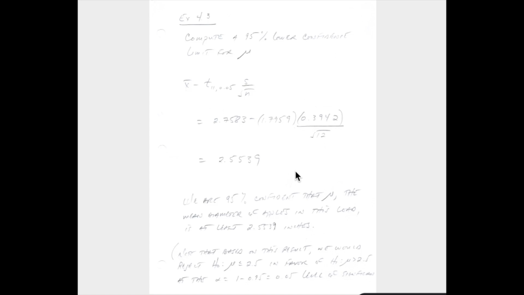Now, because that lower confidence limit of 2.5539 is greater than the hypothesized value in the null hypothesis, that 2.5, which is the upper endpoint of the interval comprising the null hypothesis, then we know that we would reject that null hypothesis in favor of the alternative and conclude that mu is greater than 2.5 inches at the 0.05 level of significance. So we're 95% confident that mu is greater than or equal to 2.5539, and if it's greater than or equal to 2.5539, then it's certainly greater than 2.5. That would be the basis for rejecting this null hypothesis in favor of the alternative at a 0.05